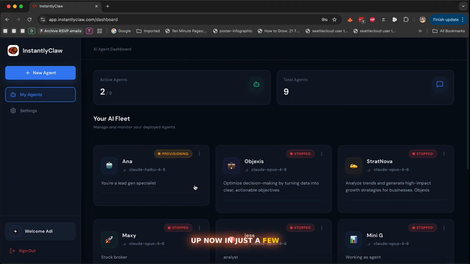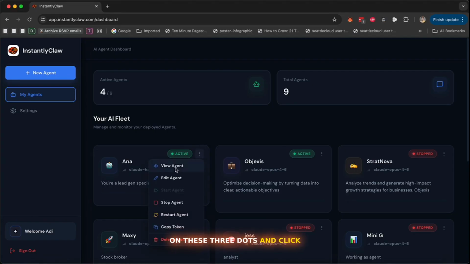Now, in just a few seconds, your agent will be set up, live, and ready to go. And as you can see, Anna is ready to get started. All we have to do is click on these three dots and click on view agent. Now again, we can edit it, we can stop the agent, we can restart it if there's any problem, we